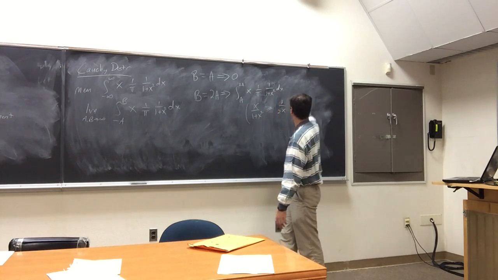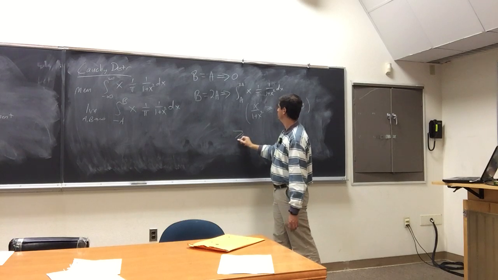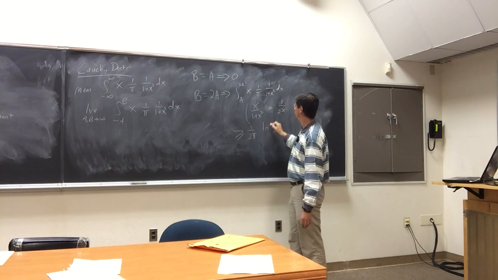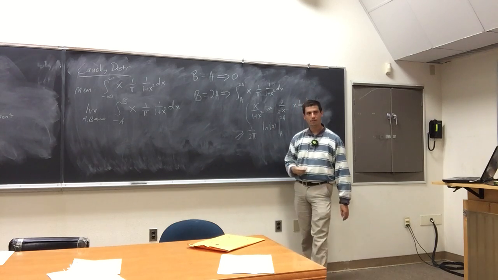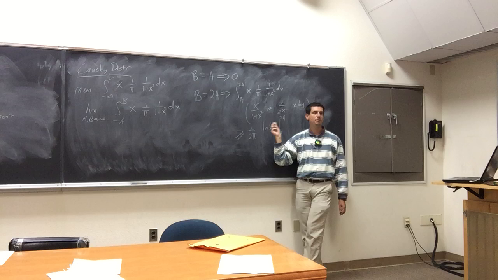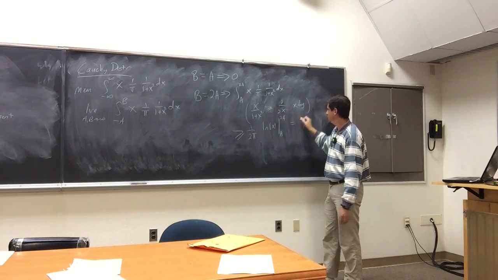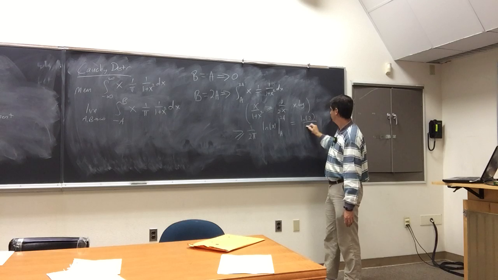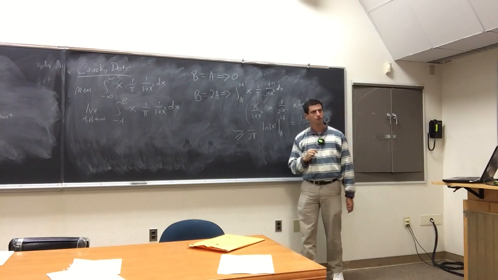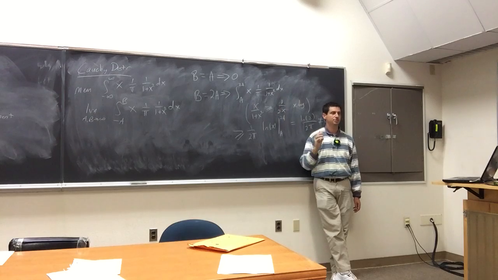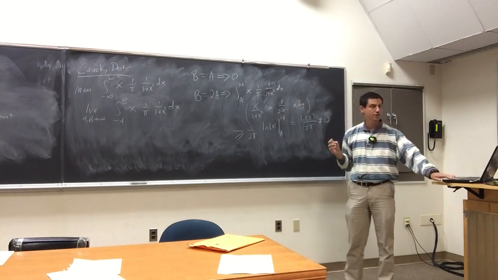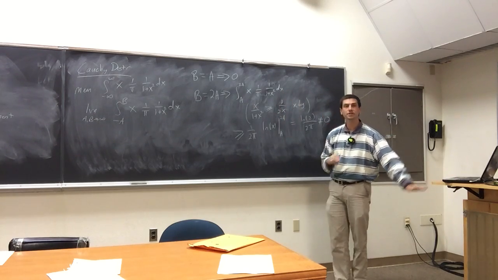We know that this integral is going to be greater than or equal to 1 over 2 pi natural log of x evaluated at a and 2a. And the natural log of 2a minus the natural log of a is just the natural log of 2. So this would be the natural log of 2 over 2 pi, which does not equal 0. Okay. I don't actually care what the value is. All I care is that the value is not 0, and then I got a different answer depending on how